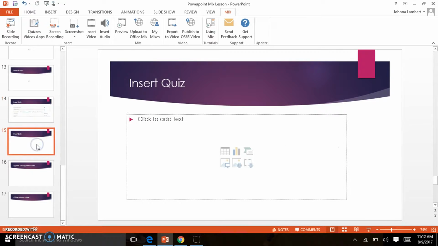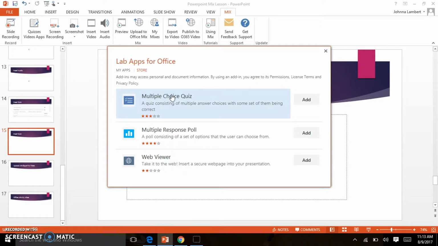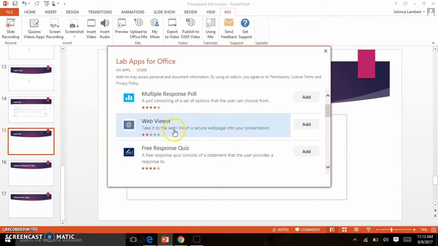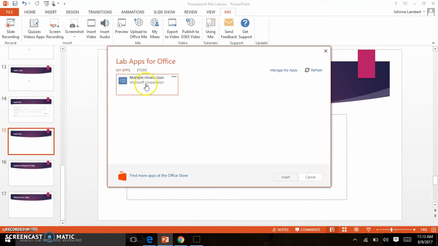Okay, inserting a quiz. Go to the Mix tab, click Quizzes, Videos, and Apps, and it'll open this tab. I have already added this to my apps, but you will have to go to the store, and you can choose several different options. There's multiple choice, multiple response, free response, true, false. We're going to go back and just click on multiple choice, insert,